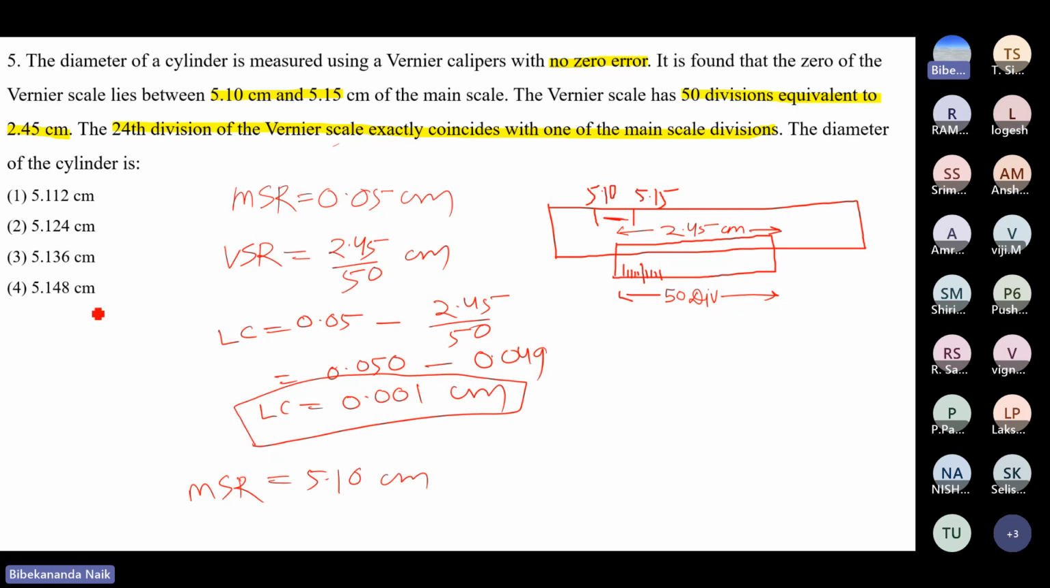Now we need to calculate the vernier constant. Here in the question it says the 24th division of the vernier scale exactly coincides with a main scale division. So the vernier scale division is 24. The measured value will be the main scale reading plus the vernier scale reading. The main scale reading is 5.10 centimeter, plus the vernier scale reading, which is 24